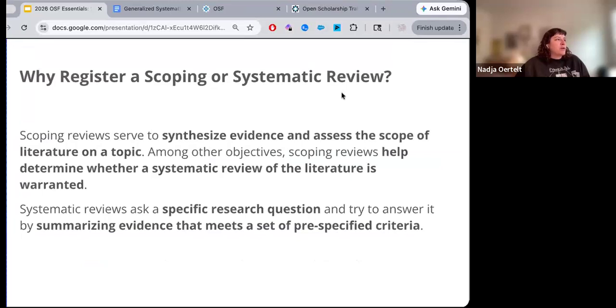Scoping reviews are assessing the scope of literature on a specific topic, and they can help determine whether a systematic review is warranted. But a systematic review is actually asking a specific research question and then trying to answer it by summarizing evidence from literature using specific selection criteria. So they're actually two different types of reviews.